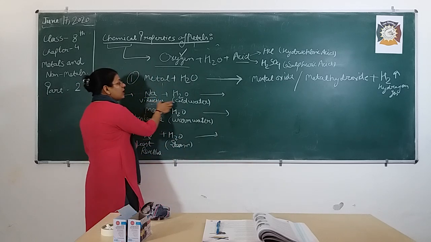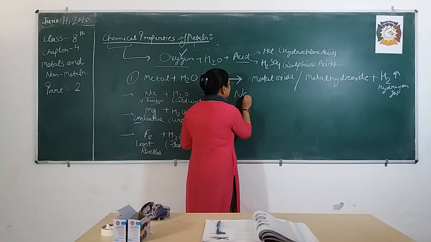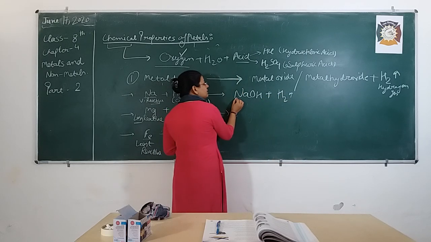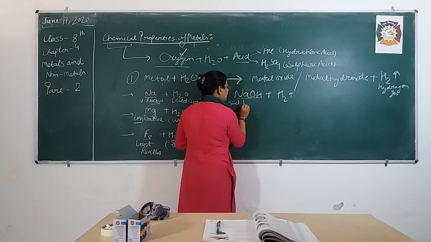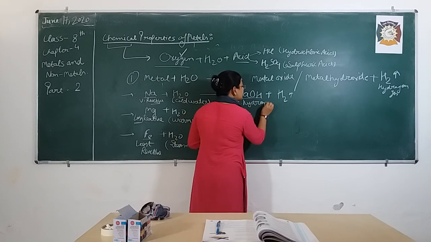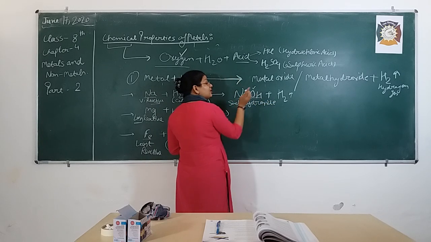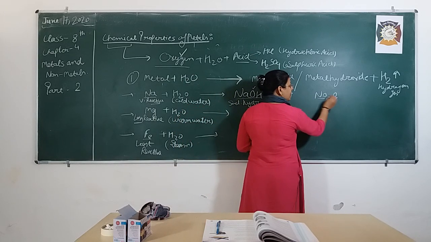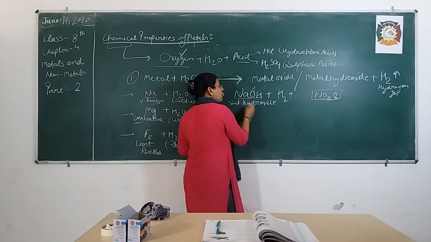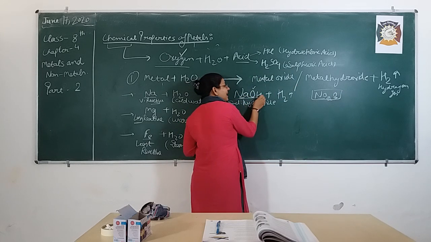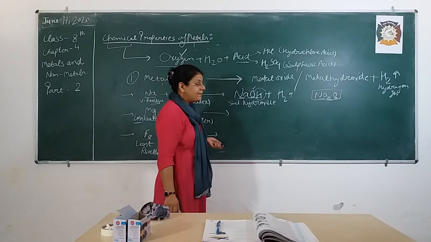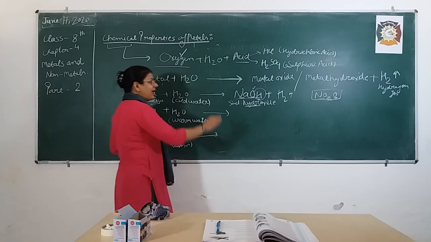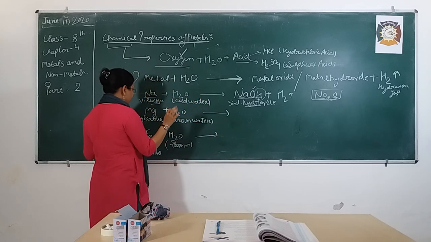When sodium reacts with water, it is a very vigorous reaction, and sodium hydroxide forms and H2 is going to be removed out. This is the formula for sodium hydroxide. Because in sodium oxide, the formula is Na2O, that means along with sodium only oxygen is present. But here, along with sodium and oxygen, hydrogen is also present. So this hydro word stands for hydrogen. Getting my point? And hydrogen gas is going to be removed out.